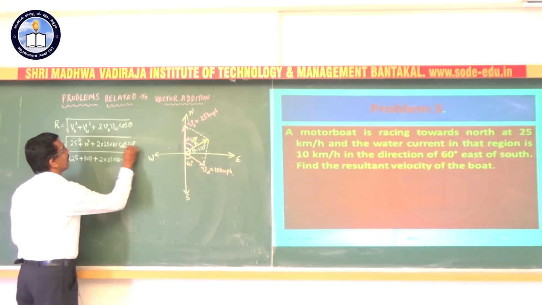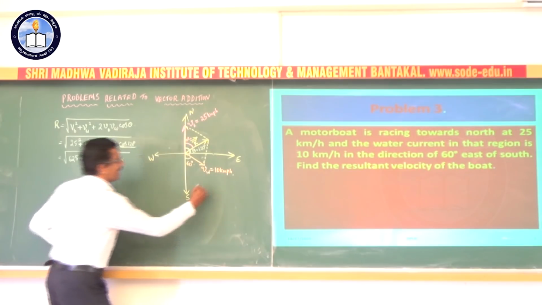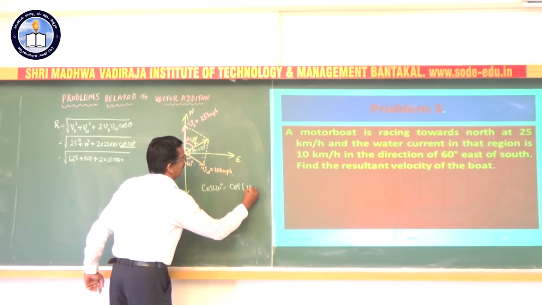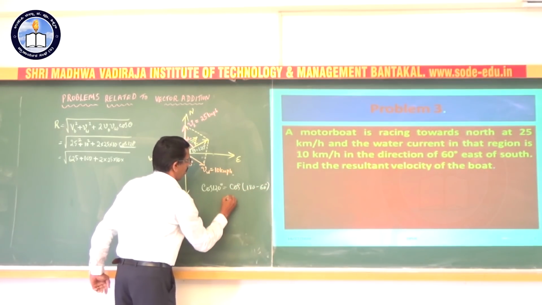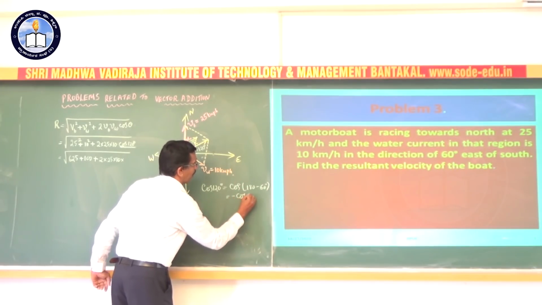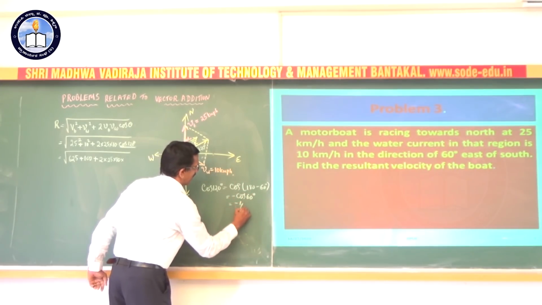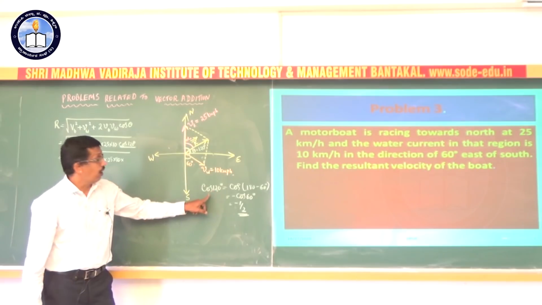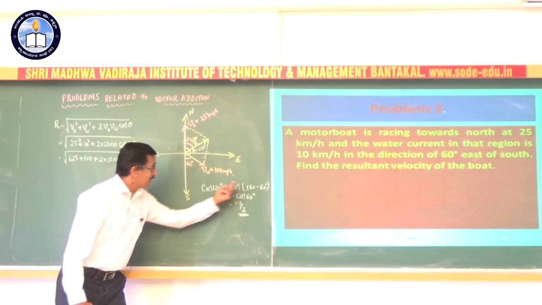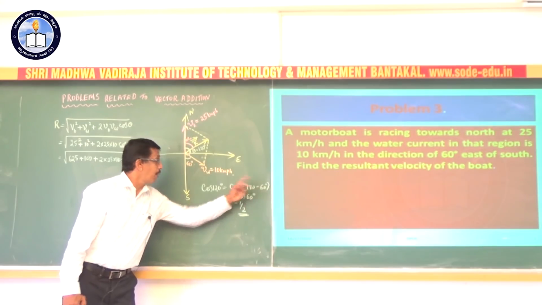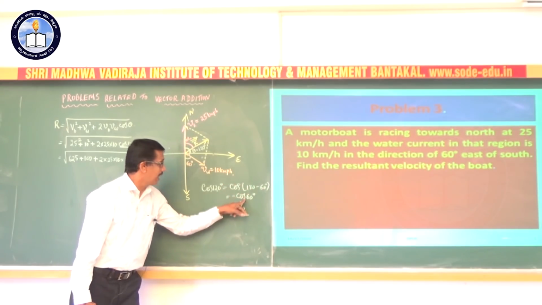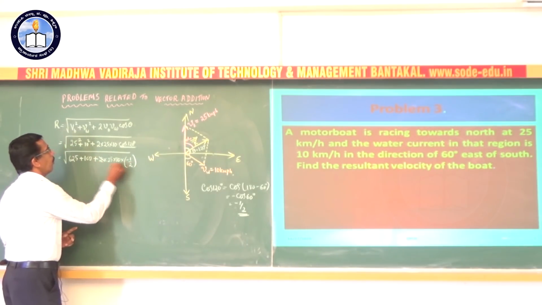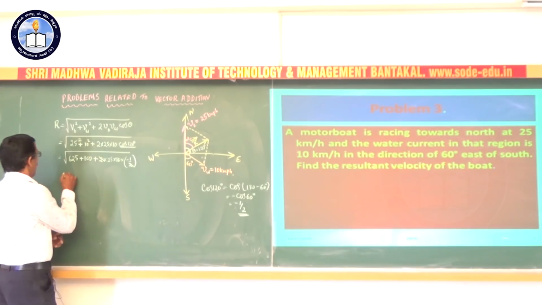What is the value of cos 120 degree? Cos 120 degree is nothing but cos of 180 minus 60 degree. Cos of 180 minus theta is minus cos theta, so minus cos 60, that is minus half. This is how we have to find allied angles. Write 120 as 180 minus 60, then use the formula cos 180 minus theta is minus cos theta, minus half. So that value I have to put here, minus half. 2 cancels. What do we get?